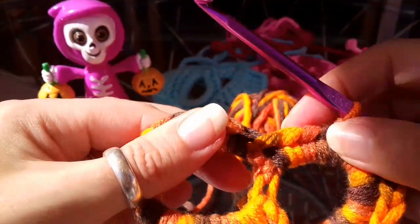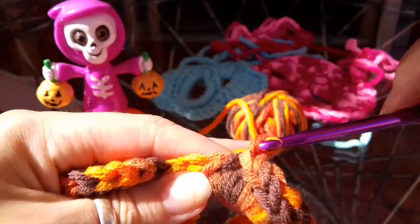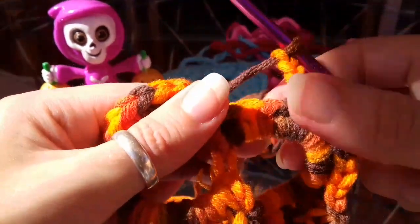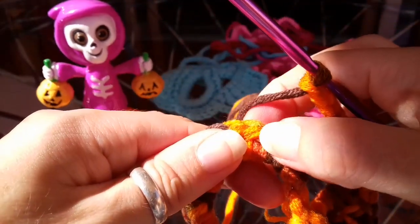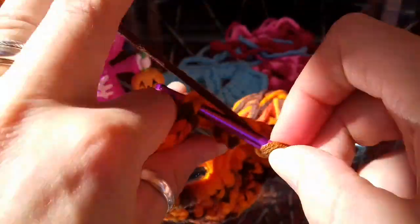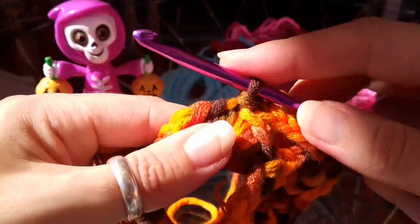Now count 6 stitches along, and we're going to skip them. Actually, first chain 4, so 1, 2, 3, and 4. Now count 6 stitches along, so 1, 2, 3, 4, 5, 6, and we're going to slip stitch into the next stitch after that. So the 7th stitch along, slip stitch, and counting that as the first slip stitch, so 1,